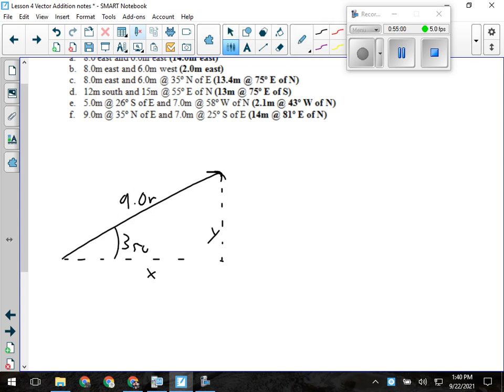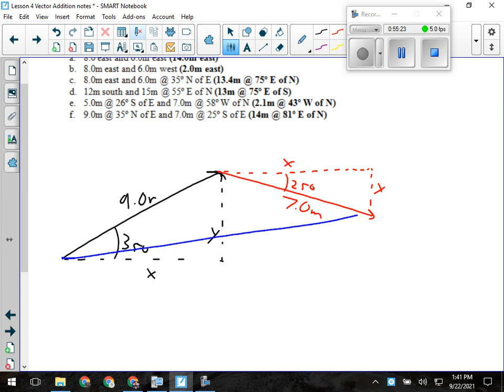So I draw my reference line east, and then I go 25 degrees south of that. Resultant looks like